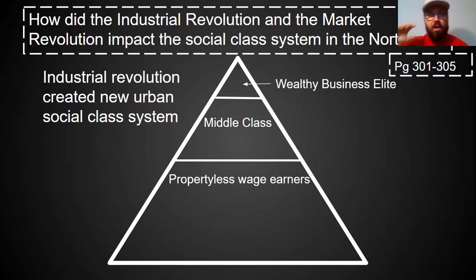So at the very top, you have the wealthy business elite, kind of like the planter class. These guys own everything. They own the factories, they own the banks, they own the boats, they own the docks and the ports and all the stuff. They own it all. And they control all aspects of society. They're the ones that serve in government. They're the ones that control all of the decisions about what's going on with the economy. Much like the planter class in the South, this wealthy business elite is the pinnacle and the center of society in the North because they control pretty much everything. And it's a very small group of very wealthy men.